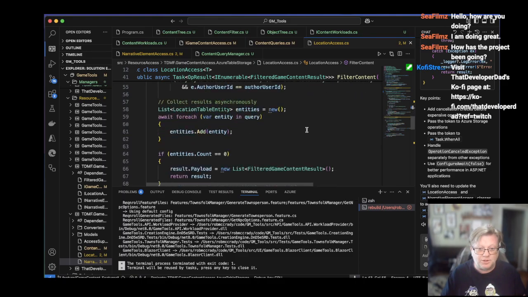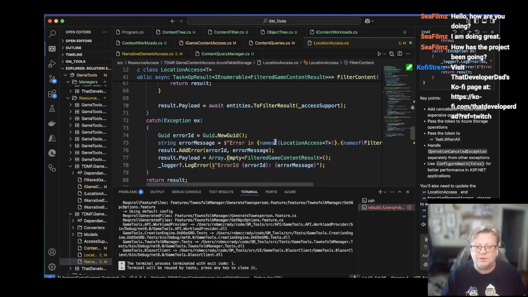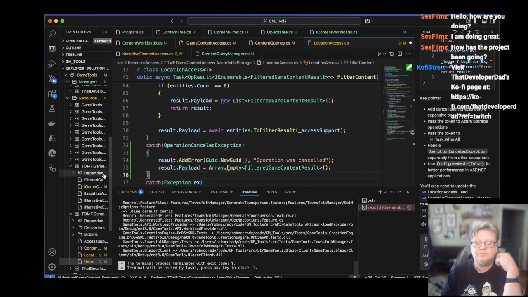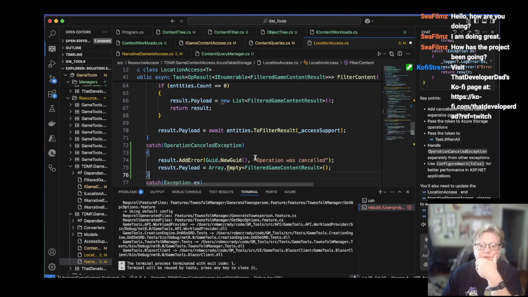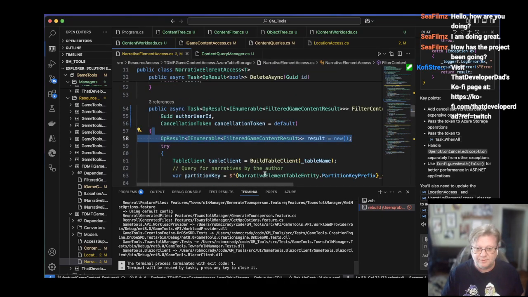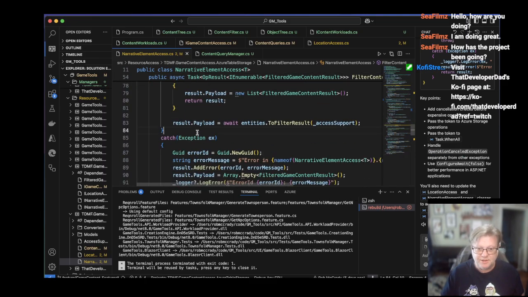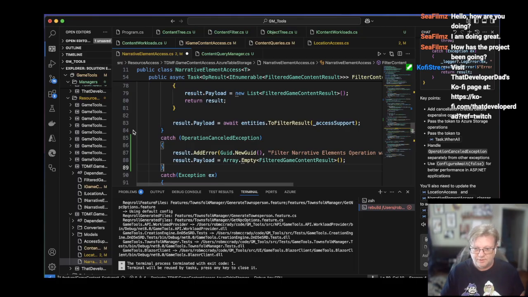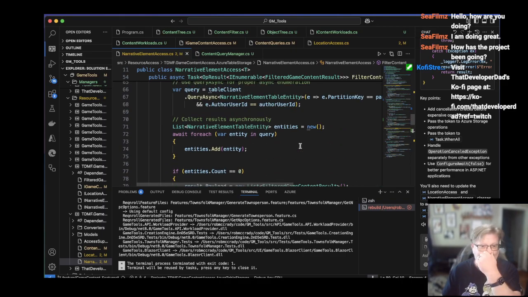Okay. And then of course down here, here's location access. We're just going to add in the little error tag on the result that says the operation was canceled. Load filter locations, operation was canceled. Save that. Zip down here, add a specific catch for this guy. Filter narrative elements operation was canceled. Groovy. And then up in here,